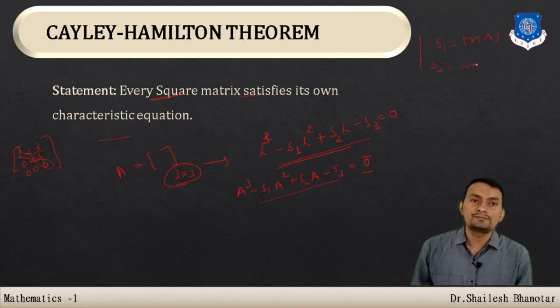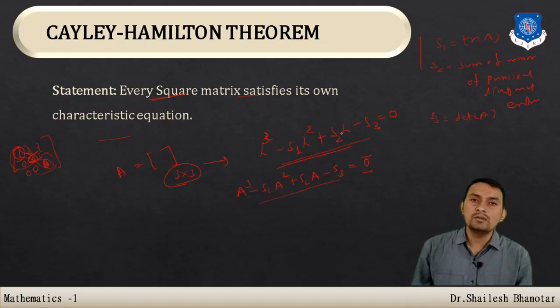It is the sum of the minors of the principal diagonal entries. What does that mean? If I take the minor of this entry, I have to add this one, plus if I consider this minor, I have to add this one, so 1 3 0 6. If I add this one, this will be cancelled out, and 1 2 0 3, and based on that we can find s2. And s3 is what? Exactly the determinant of the matrix.